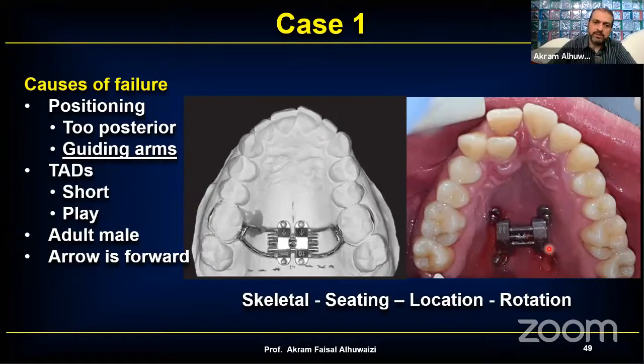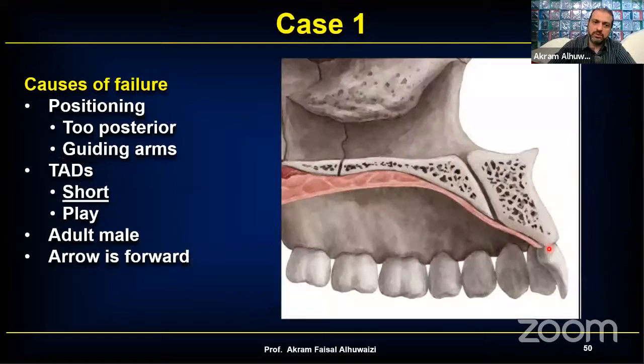So I learned my lesson, guiding arms are important. Second thing, the TADs. The TADs were not long enough, they were short. My aim was to go through the palate, but now I realize that you need bicortical perforation. You need to go through both cortices of the palate and the nasal floor so that you gain enough retention